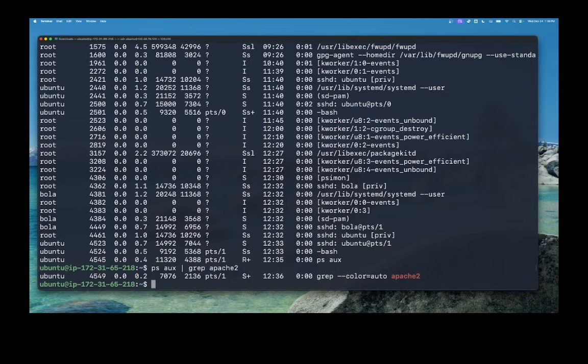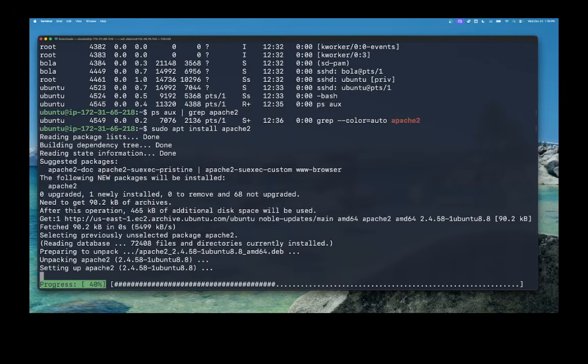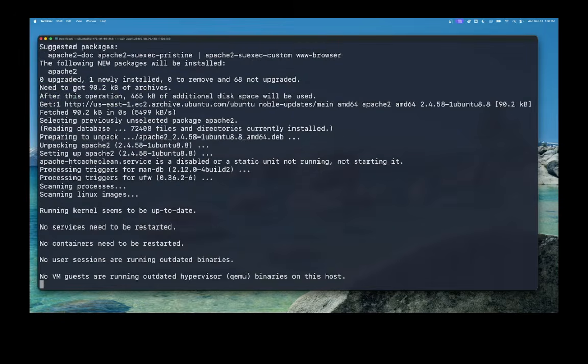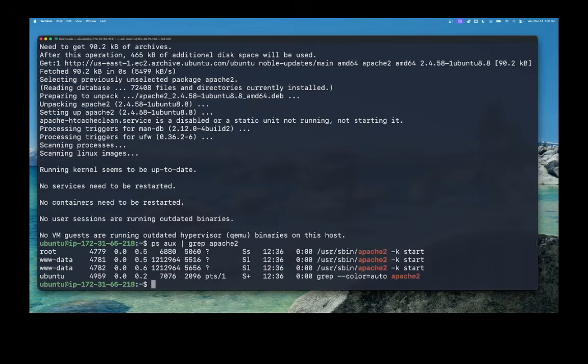Let's say I install Apache and Apache is running. Let me show you. So I want to reinstall Apache. Sudo apt install apache2. So I know Apache has been installed and is running in the background. If I run that command again, now you can see that it's telling me that Apache is running